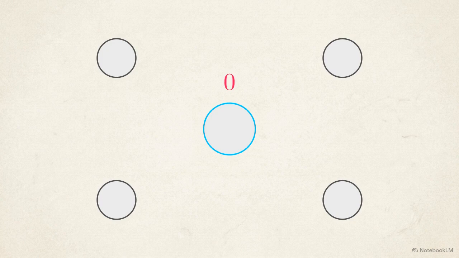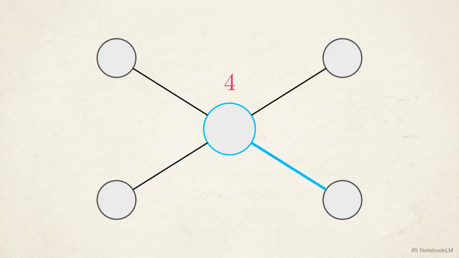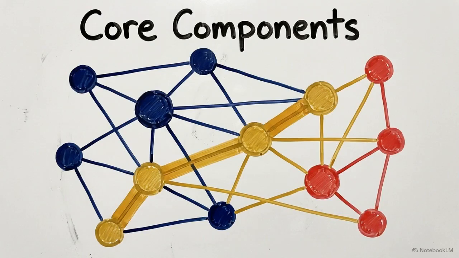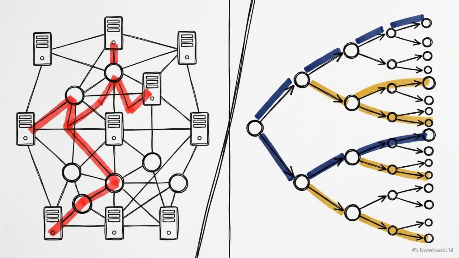To analyze a specific point within these networks, we measure a vertex's degree. This is a direct count of how many edges are connected to that single node. Defining these components gives us the required vocabulary to evaluate massive, complex systems. Whether you are tracking cybersecurity attack paths or building state space searches for AI algorithms, you are relying entirely on